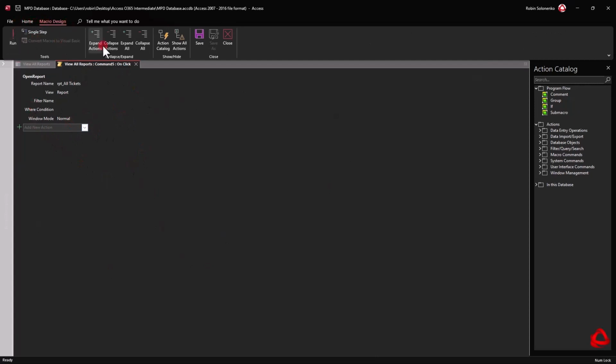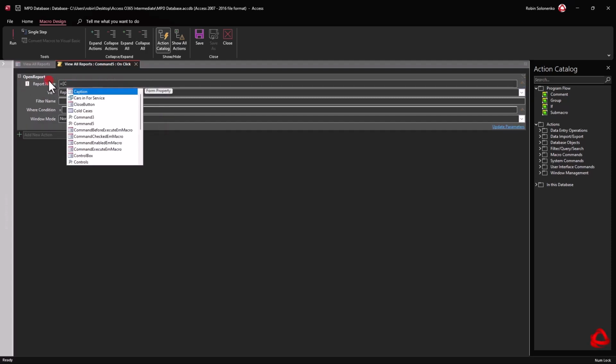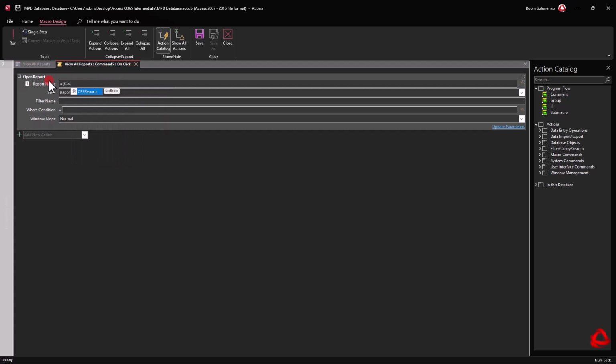And we get a whole new macro design here. And this is kind of like, I guess, the new way of doing a VBA. It's converting into a VBA in the back end. But you're just doing point and click, and you can see here the report name is RPT All Tickets, or whichever one you selected. So I'm going to click in there and delete that, and I'm going to put equals, square brackets, CPS reports. That's what I called that one. So CPS reports in square brackets dot